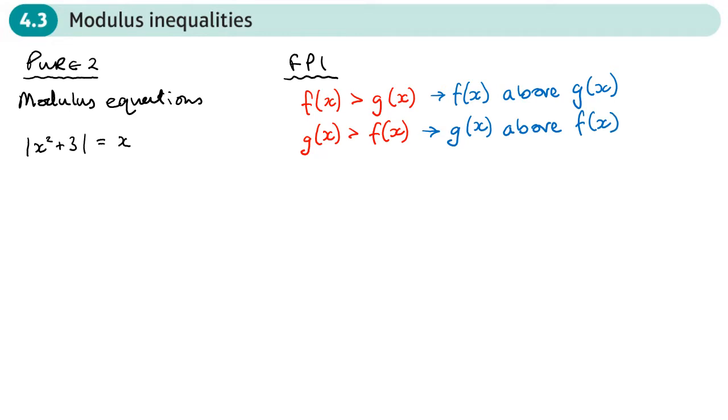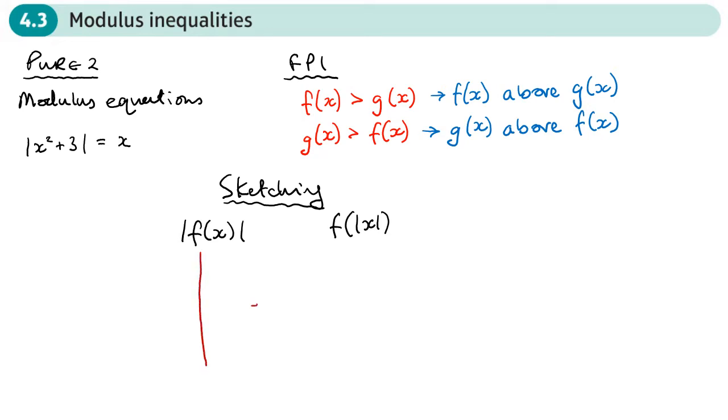So just a quick reminder about sketching modulus equations. Now there are two types, one where you have the modulus around the whole thing, and one where you have just the modulus around x. When you have modulus around the whole thing, you sketch the original graph. So let's draw something like this. Now what I'm going to do, I'll just put the bit below the axis as a dotted line like this. And in the bit below the axis, we flip up like this, reflect. So we reflect